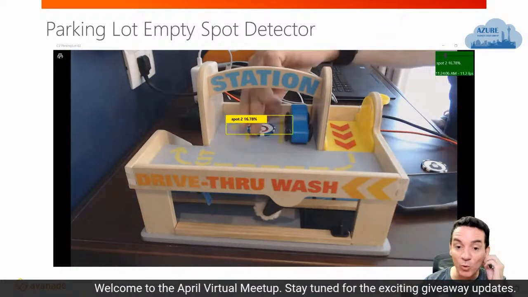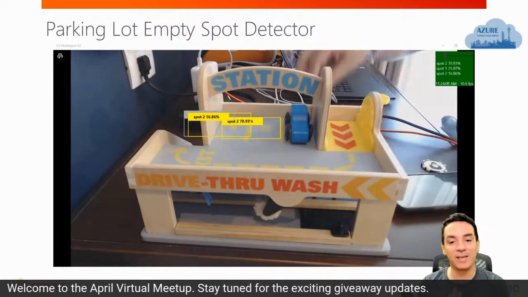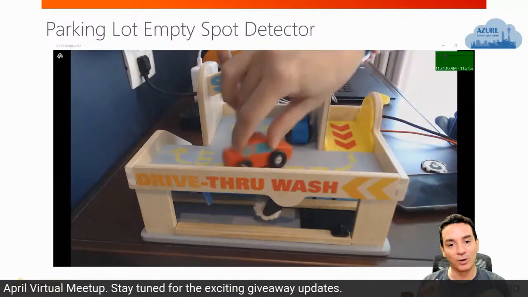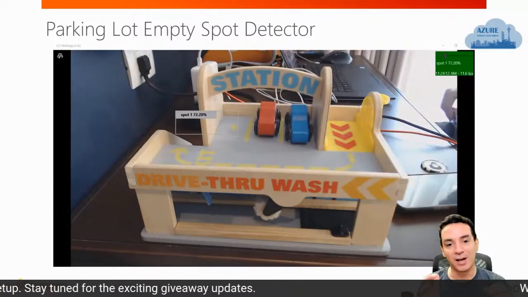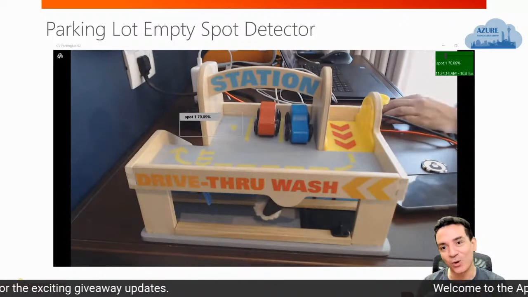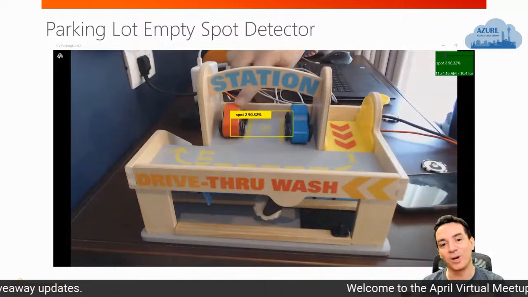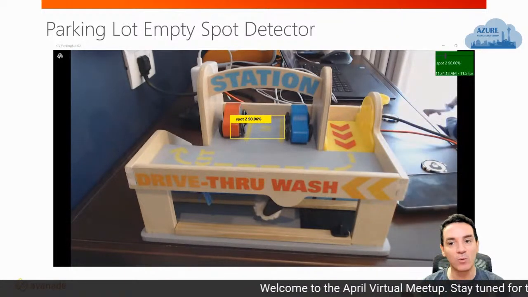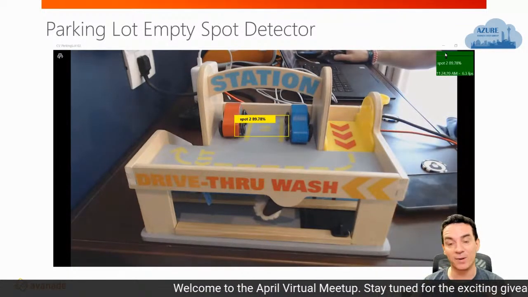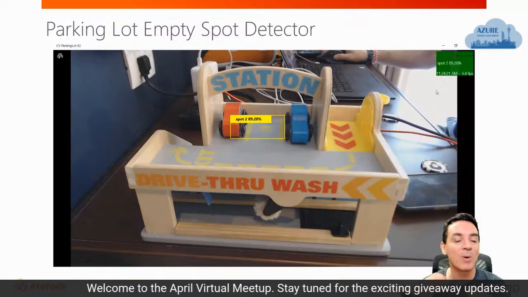We are going to build a very similar one at the end of the session. And you can see here it's not super accurate, so I will share with you a couple of techniques of how we can improve this, and how we can get this up and running.